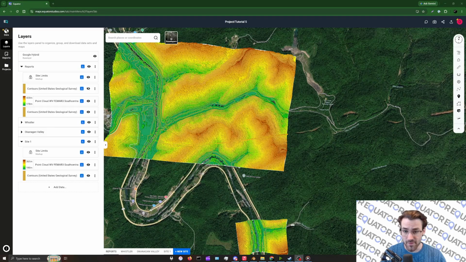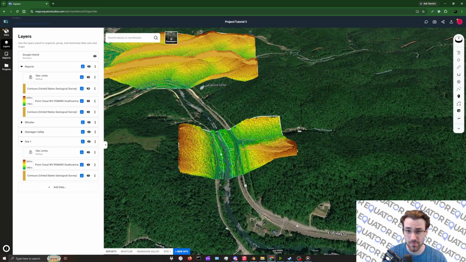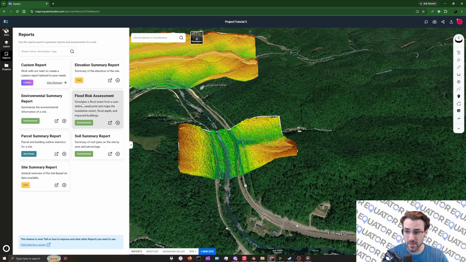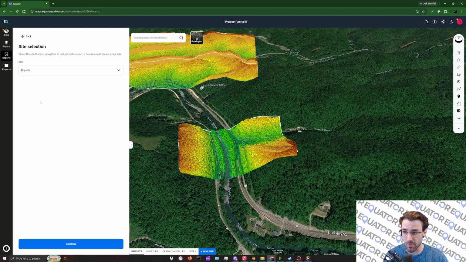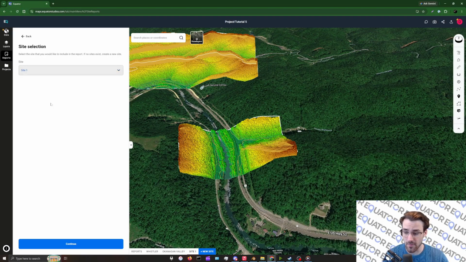Okay, for the sake of making sure that everything runs smoothly, I went ahead and created a much smaller site so that the report generation process goes a lot quicker. In order to generate your first report, you go to the tab that we were at previously. I'm going to go with the flood risk assessment report here. We're going to select the site that we're using. In this case, I changed it to site 1,